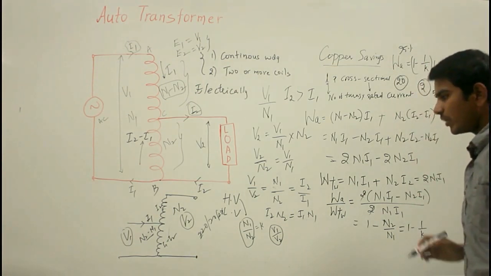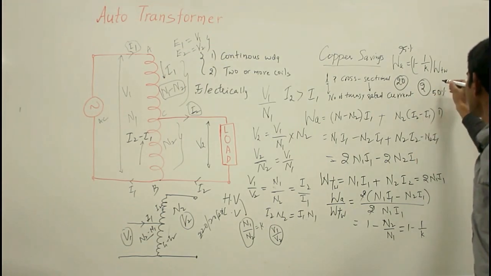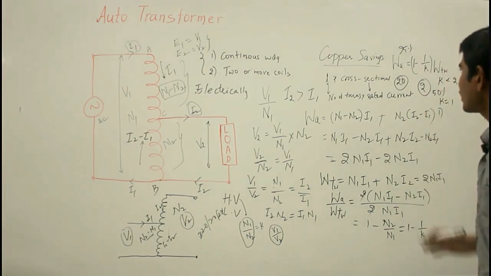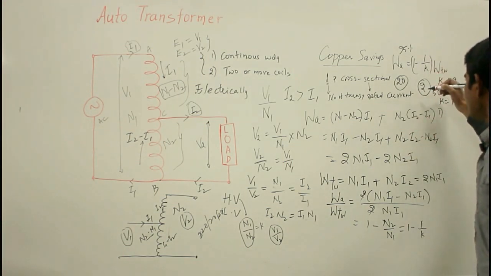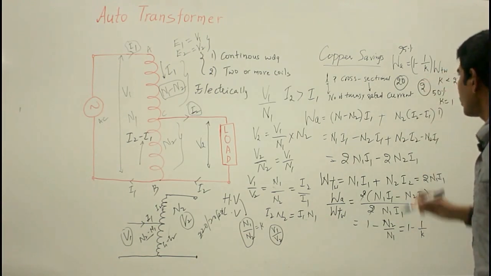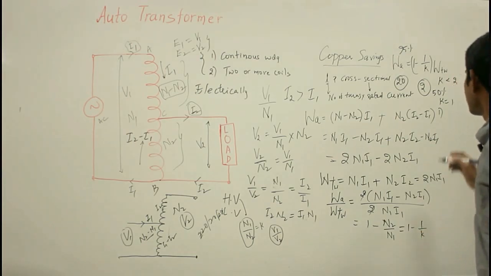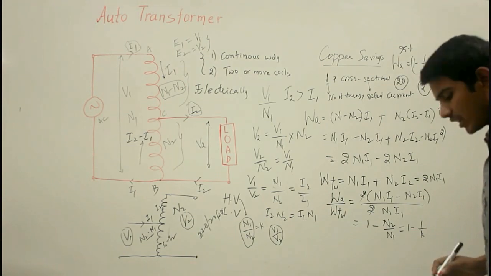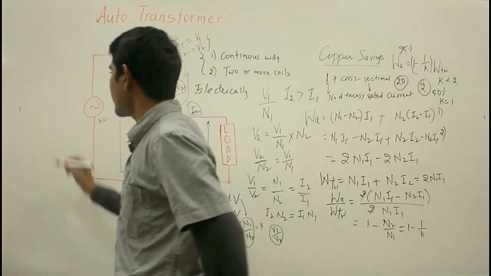So the saving of the material will be more when you are having your transformer ratio K less than 2. That means K is equal to 1 or 2. You can maintain better copper savings in your auto transformer. That means as you are having lower transformer ratio, you are going to reduce the size and reduce the cost of your auto transformer. Now this is the first advantage. Now the second advantage of your auto transformer is it has higher efficiency compared to your conventional 2-winding transformer.